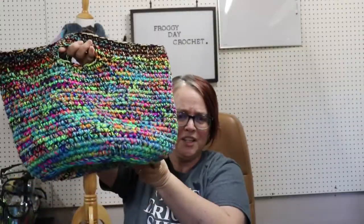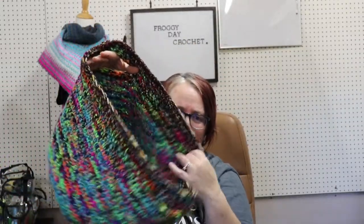Isn't that cute? And it's huge. Let me scoot back. It's huge. It's deep. So I've been using it as a tote bag, but you can use it for anything. I mean, you could put,